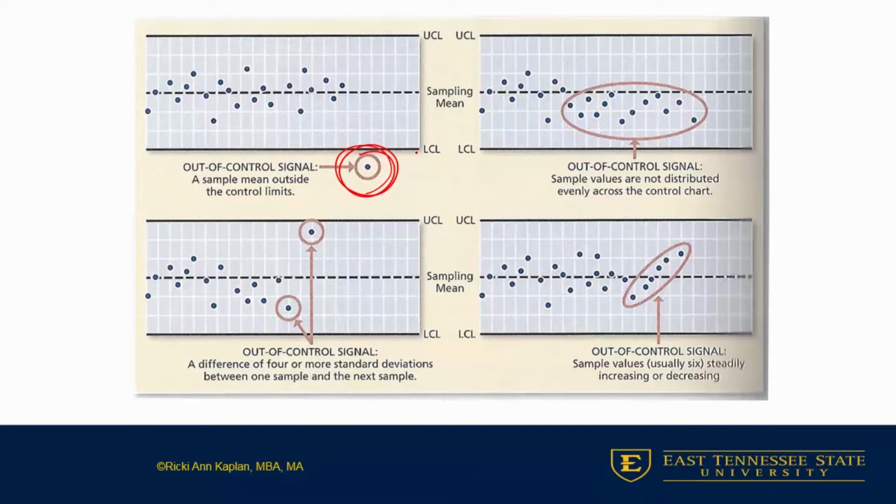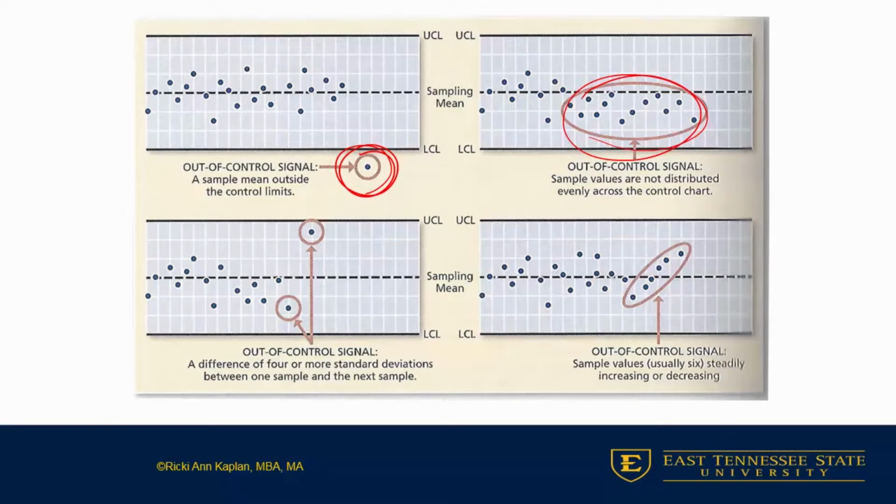Fix what's happening. Find out why this process is not in control. Things that show us that something's happening, that we're moving out of control, and we should stop and find out what's going on right away, is if sample values are not distributed across the chart, but are all on one side of that mean. Depending on your author, it's usually between 4 and 6 occurrences, all on the same side of the mean. It's considered moving out of control, and you need to get it back in control as